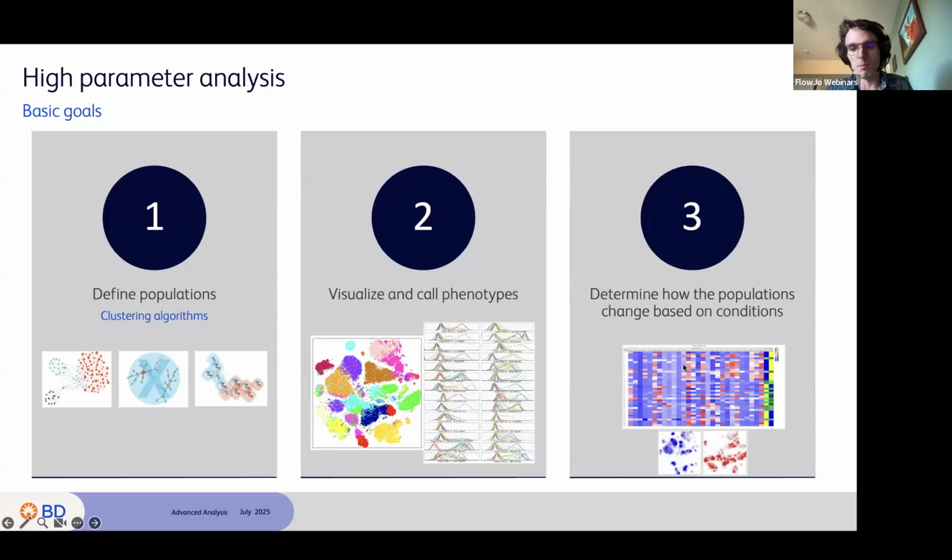And then we can also compare how the clusters are changing between different conditions. That's what T-Rex is going to be doing for us: it's going to compare two different conditions and say, hey, what is the difference? What's changing between these two conditions, and figure that out for us. So